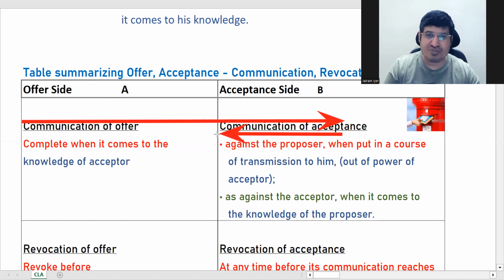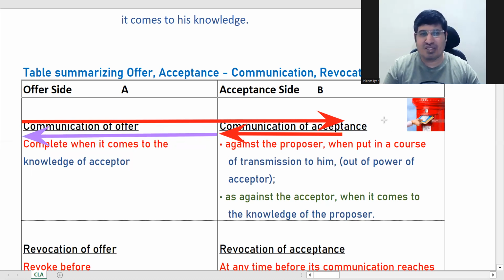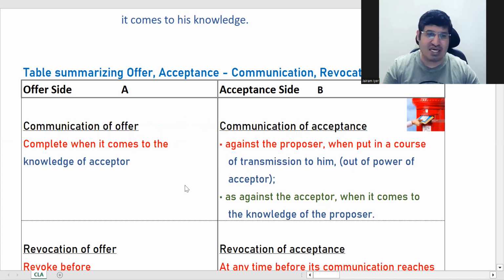ठीक है। तो इन्होंने एक पोस्ट बॉक्स में ये लेटर पोस्ट कर दिया, ठीक है। तो इट इज कंप्लीट एज अगेंस्ट हिम, एंड एज अगेंस्ट द एक्सेप्टर व्हेन इट कम्स टू द नॉलेज ऑफ द प्रपोजर। ये लाइन अब आगे जाएगा, ये पोस्ट हो गया, देन पोस्टमैन विल डिलीवर इट, ठीक है। ये जब डिलीवर होगा इनको, इट विल बी कंप्लीट एज अगेंस्ट द एक्सेप्टर, ठीक है। ये दो चीज इसमें देखना है।